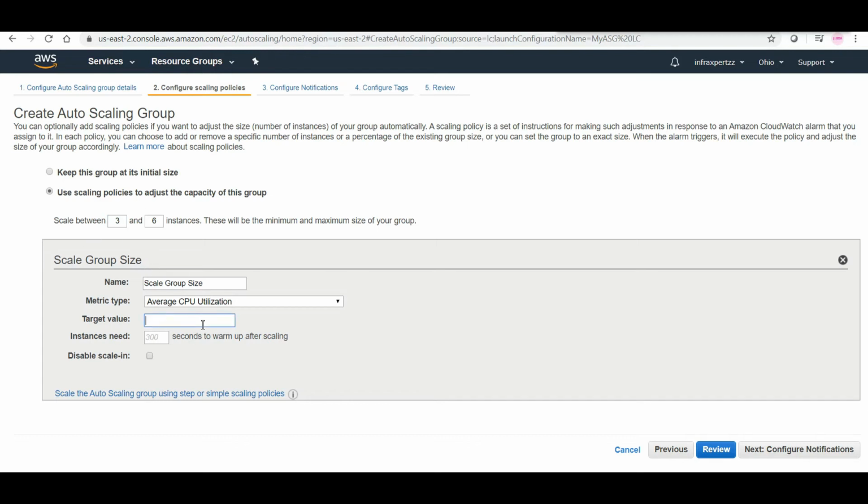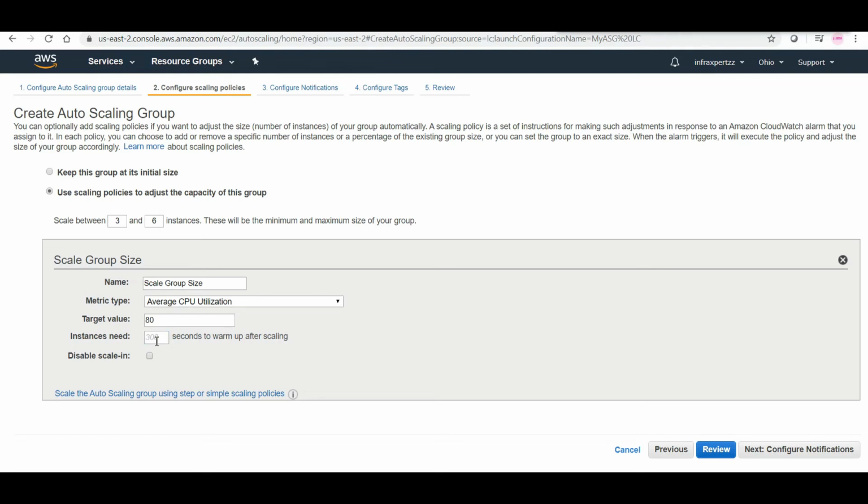Let's give the target value as 80. So if the CPU utilization is 80 or above, then the auto scaling group will work and launch multiple instances, scaling up to 6 instances.